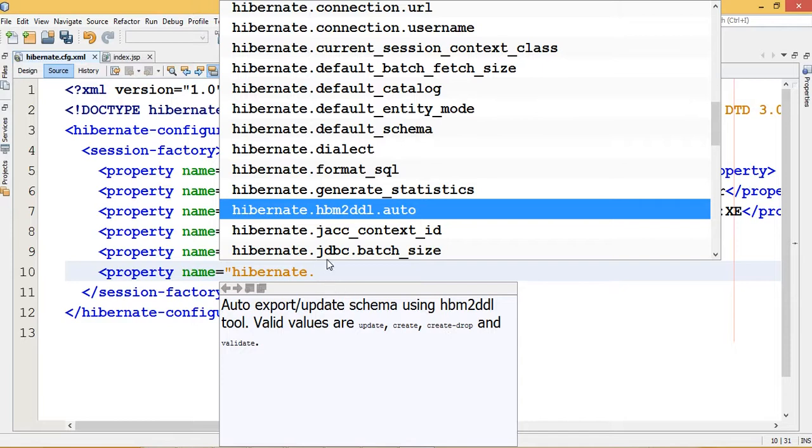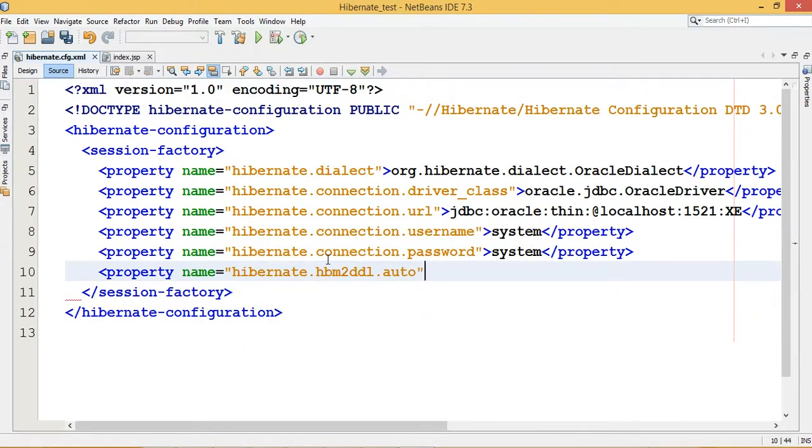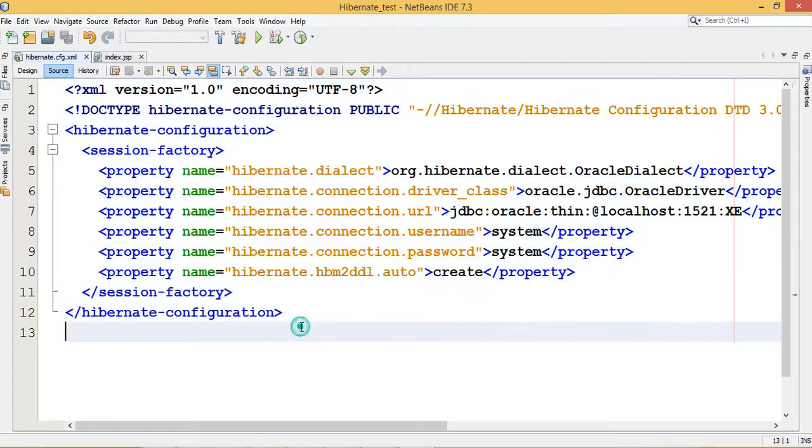Clear? So you select this property, hibernate.hbm2ddl.auto, and write here create. The table will be created automatically.